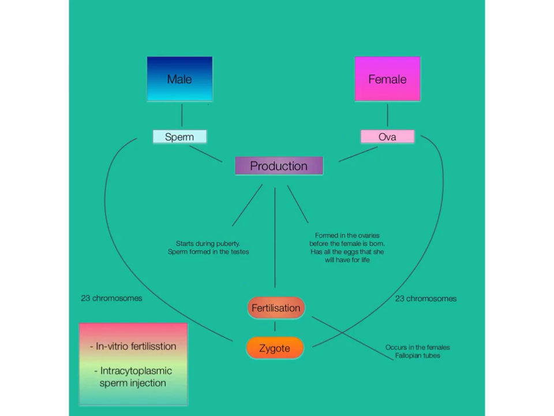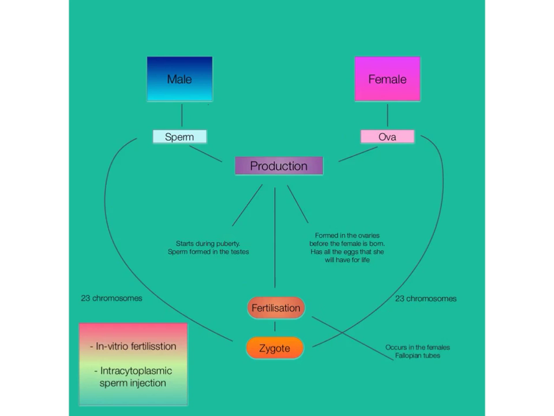Fertilisation, sometimes referred to as conception, occurs when a sperm penetrates the ovum and the genetic materials fuse together to make a single cell called a zygote. The zygote contains 23 chromosomes from the sperm and 23 chromosomes from the ova. The individual resulting from this single fertilized cell will therefore display some characteristics of each of their parents and many combinations of the two.